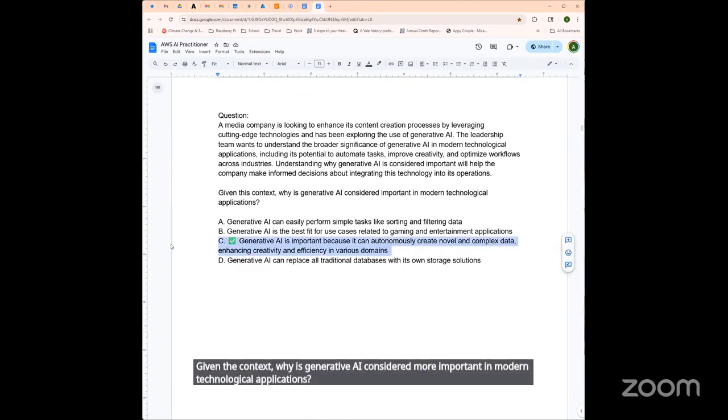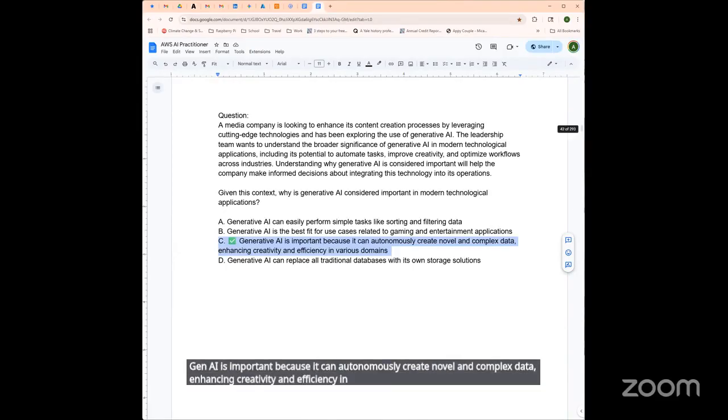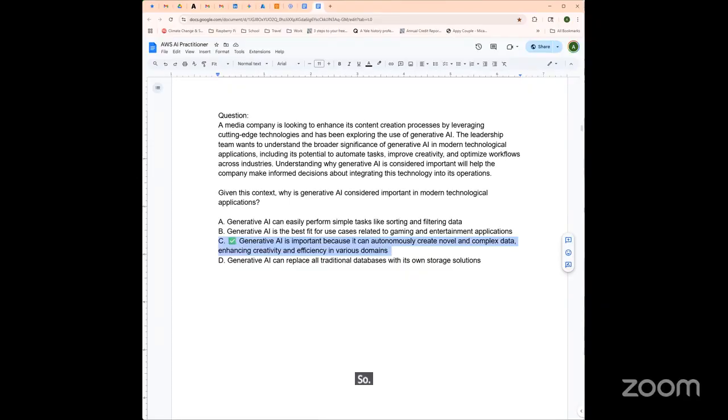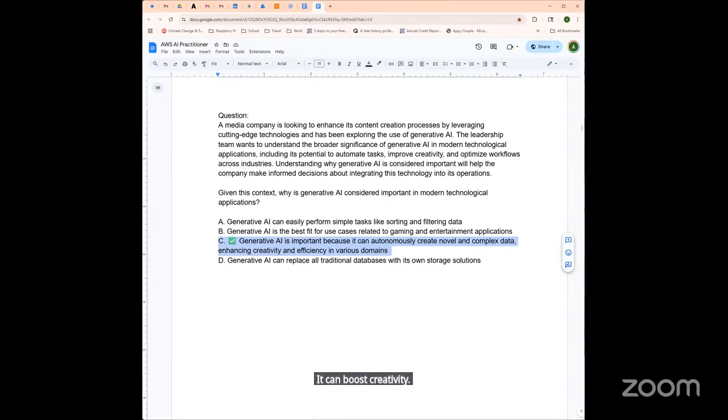Gen AI is important because it can autonomously create novel and complex data, enhancing creativity and efficiency in various domains. All right, so why is this correct? So Gen AI stands out because it allows for three things. It can create novel and complex data. That means like text, images, music, code, video with minimal human input. It can boost creativity, and this is done in areas like content generation, design, and marketing.